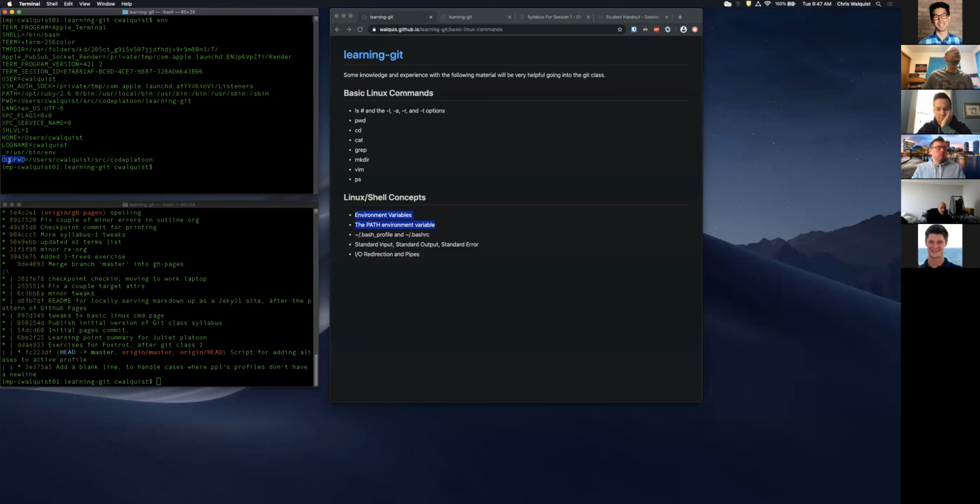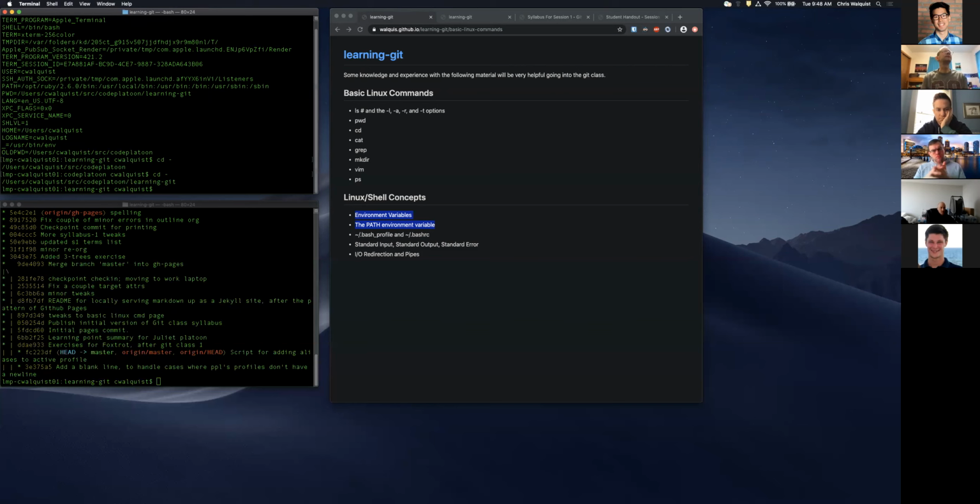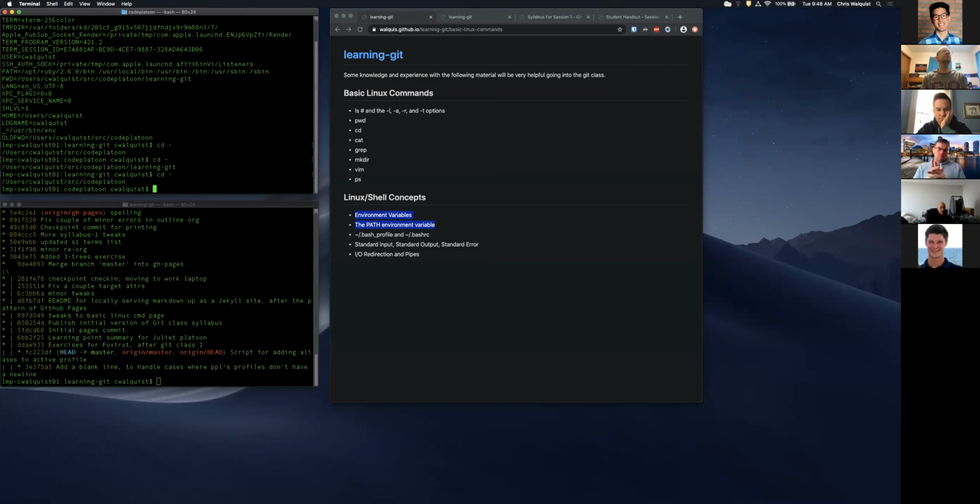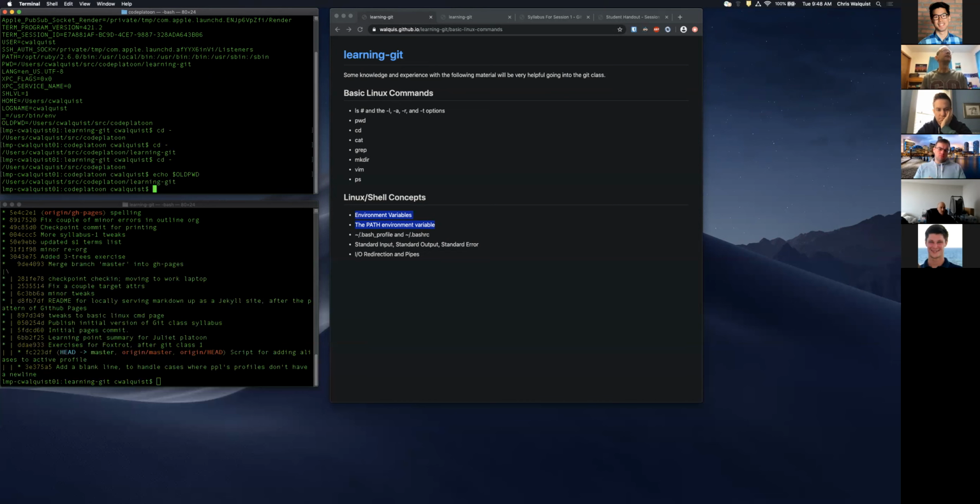This is useful because Bash has a shortcut that if you go cd dash, it goes to the previous directory, which you can find by keeping track of it in this variable. If you do cd dash again, it goes back where you were. So I can see that now. That's the old